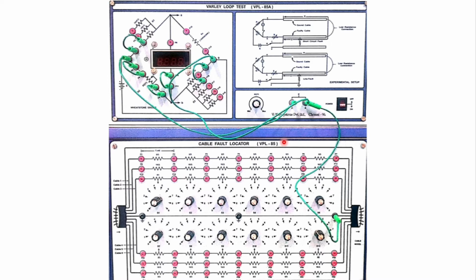Okay, then this ground point is connected to any of the terminals. You can take either P24, P25 or P26 of the faulty cable. So initially you have to set the cable resistances all to an equal resistance. You have knobs over here, you have to set all these to a constant value. While performing the experiment we had set it to an equal value.